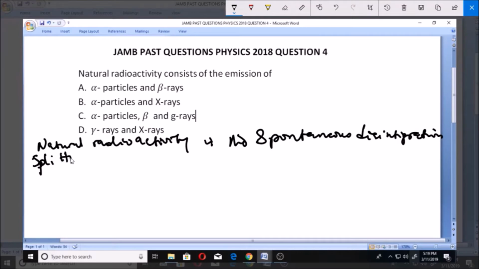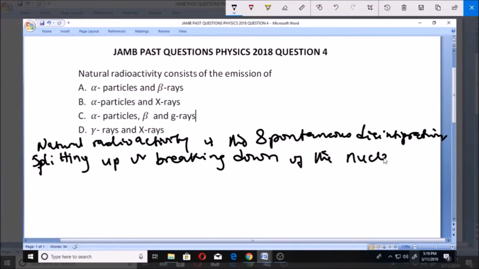You can call it disintegration or you can call it splitting, splitting up or breaking down, of the nucleus of a radioactive atom